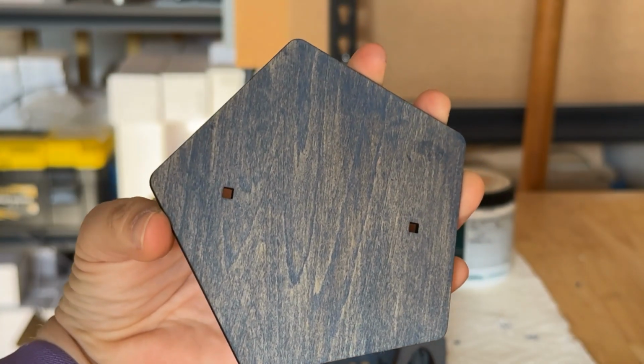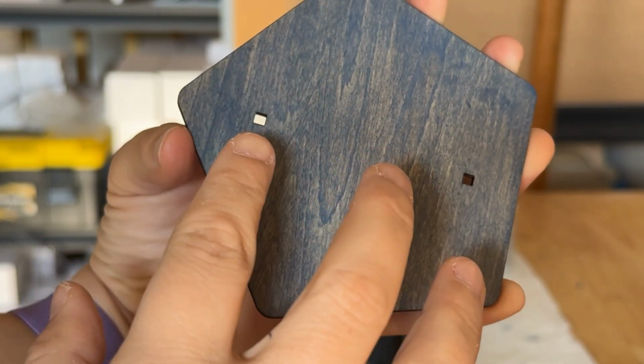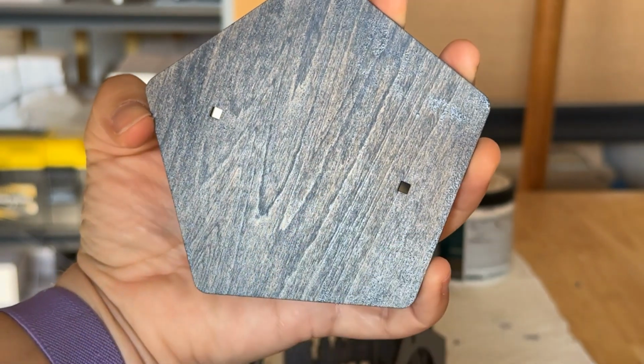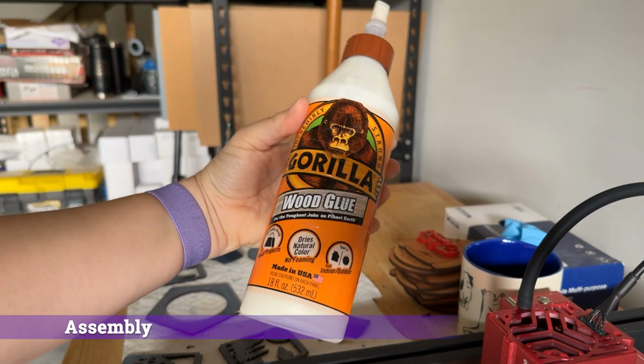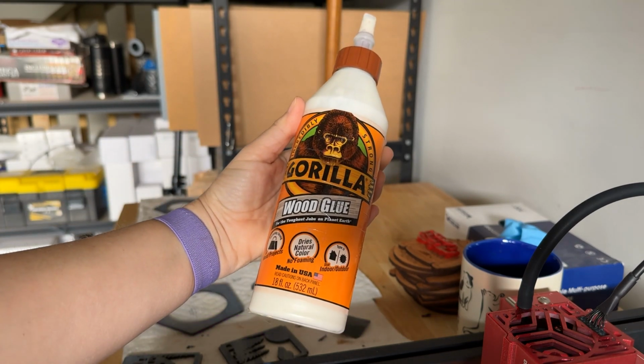One thing to call out about painting or staining the pieces after they're cut is to make sure you don't super soak the holes for the smaller prongs. If you get globs of paint or stain into these holes, the prongs won't fit. Let the stain dry. Give it a light sanding with 2000 grit to bring out the polyurethane shine, and grab